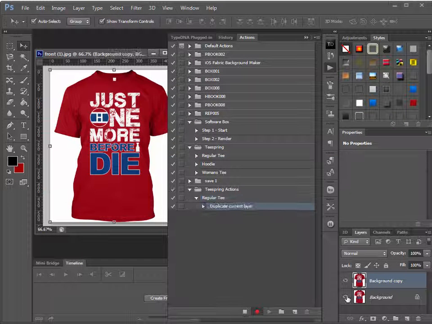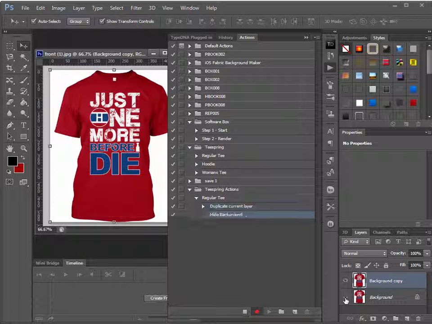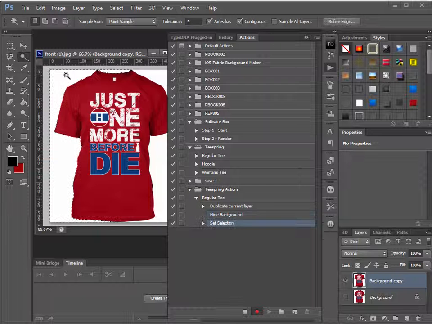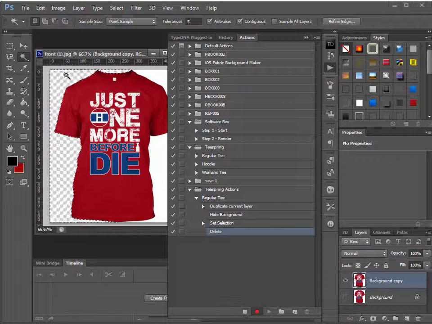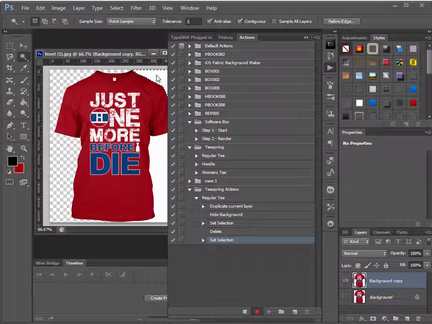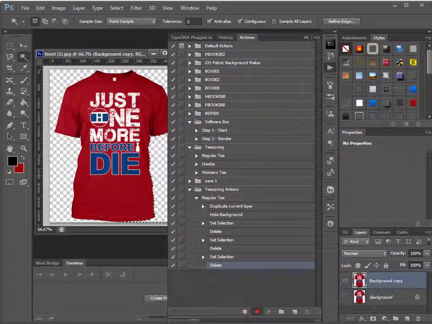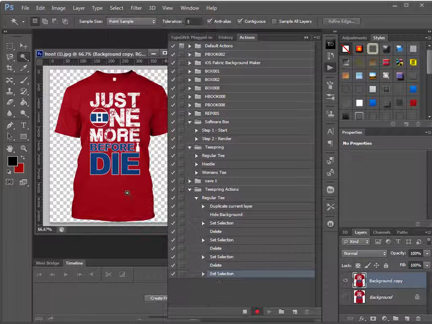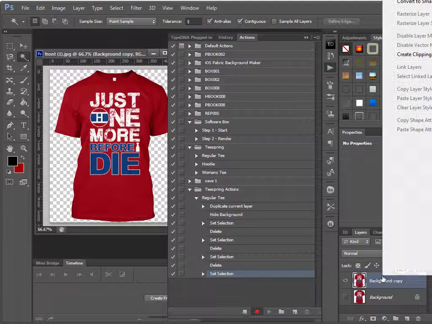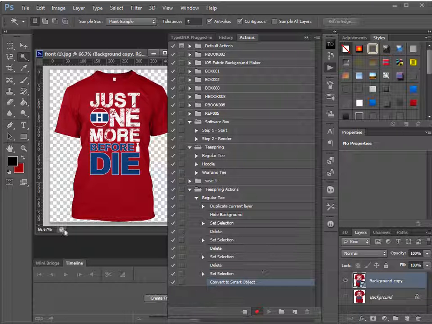Okay. I'm going to make the background layer invisible. I'm going to take the magic wand, click into the white area, hit delete. This white area, hit delete. This white area, hit delete. Okay. And then I'm going to select, deselect, take this layer, right click, and convert it to smart object, and